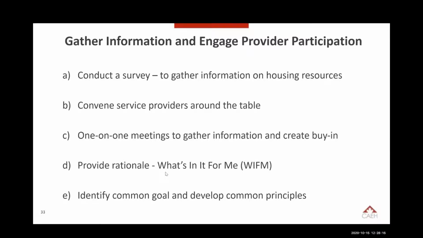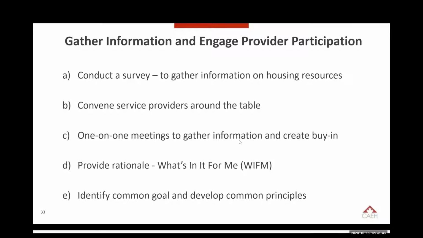I think that what's really common to the communities that I speak to is that when we start engaging in this way through a coordinated process, it's really important to understand what we're talking about and have that common language. So even breaking it down to the point where we're saying, okay, what is coordinated access? For some of the communities on the call, that seems like a million years ago, but for some of the communities that I speak with, it's completely new. And so bringing everybody together to really get a sense of what that is, what are those guiding principles, how are we going to do this, is so important.